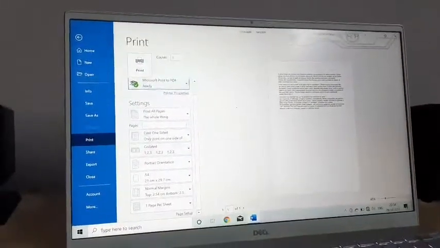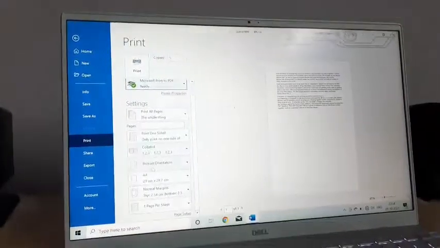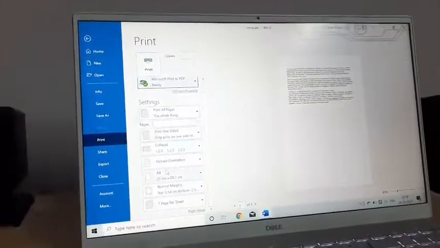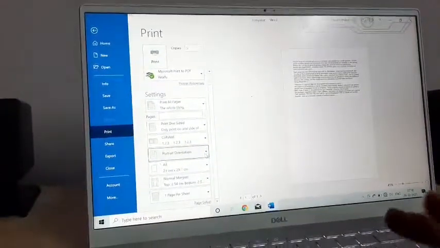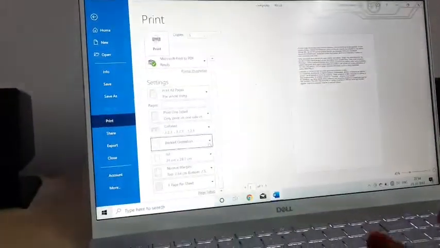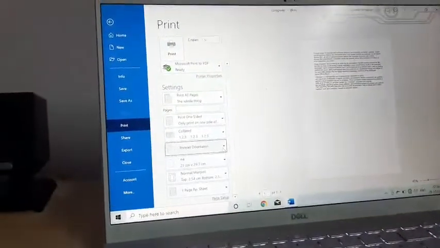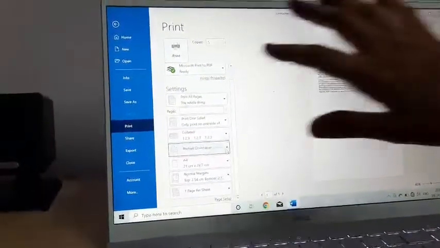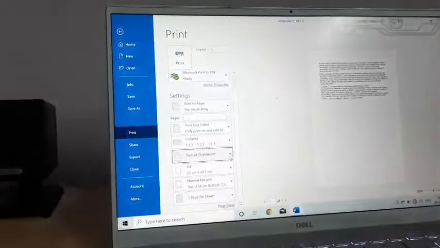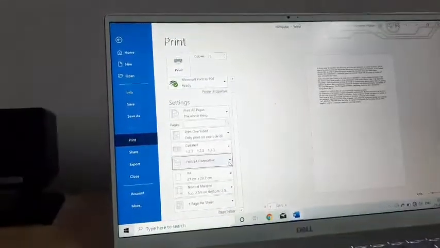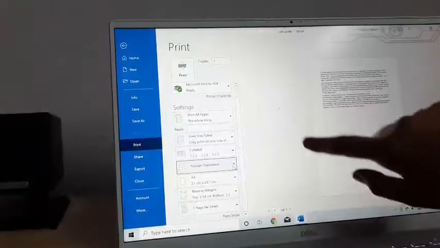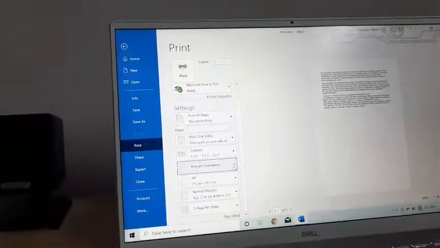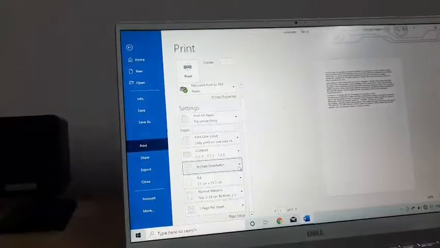And here there are printer options for the pages. A4 size sheet, you want portrait orientation or landscape, you want normal margins, you want one per sheet, whatever you want. Okay, so these are all the options which you can choose according to your choices, and you can see the preview of how your page will look here.